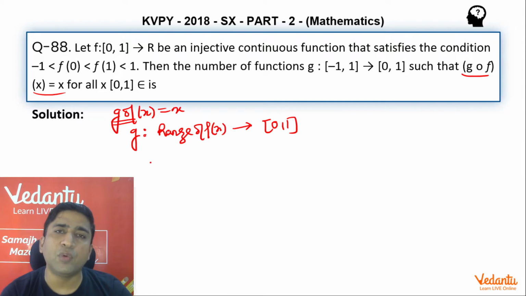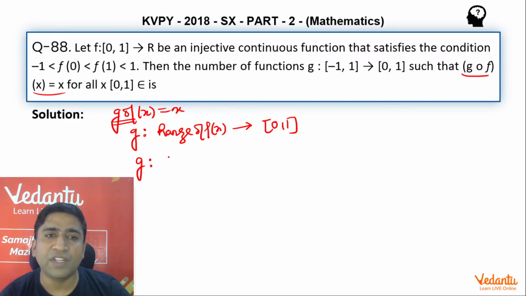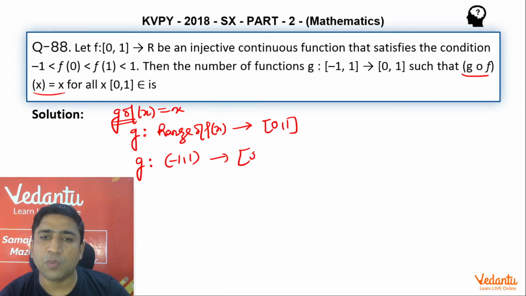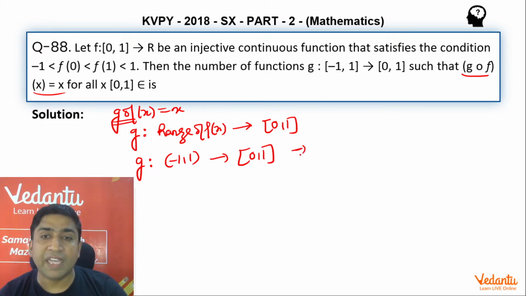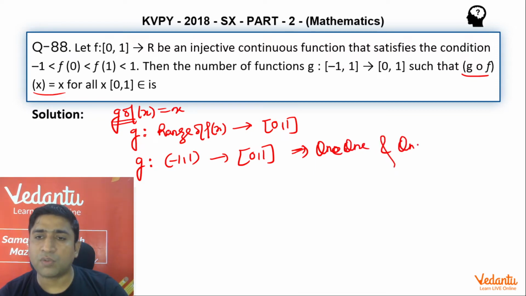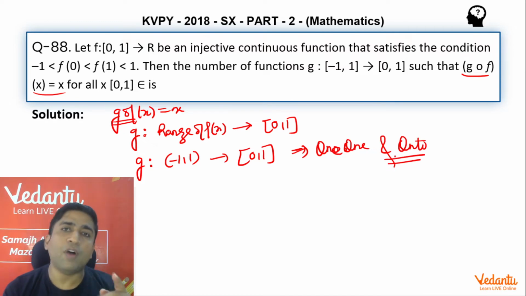Whatever values you give to x, it will give some answers corresponding to f(x), and the range of f(x) is within the open interval (-1, 1). So if you ask me about g within this interval, from (-1, 1) to the closed interval [0, 1], I'll say g is going to be one-one and onto also. Reason: g(f(x)) = x.